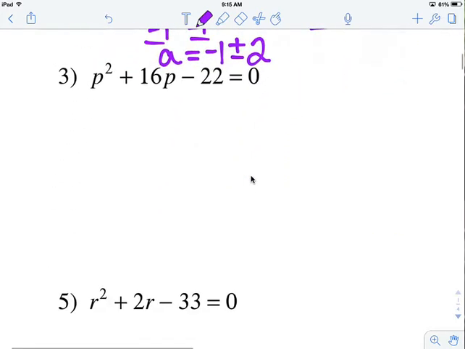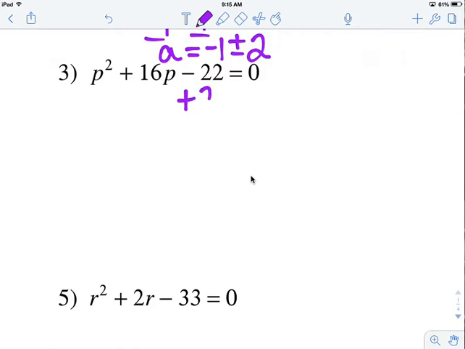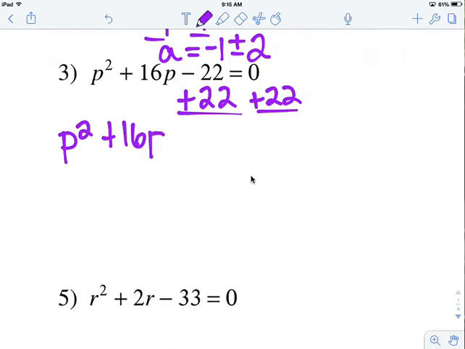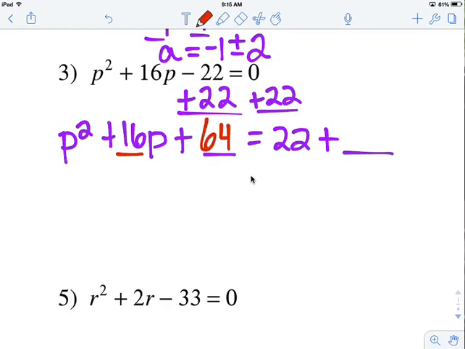Number 3 is very similar. My first step is to add 22 over. So we have p squared plus 16p plus something equals 22 plus that same something. Well, half of 16 is 8, and 8 squared is 64. So I'm adding 64 to both sides,